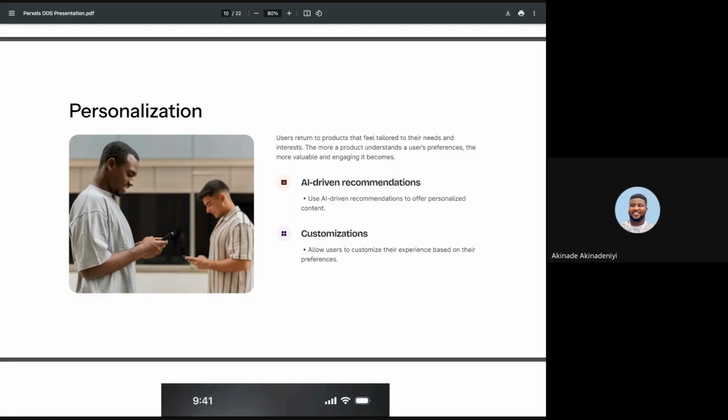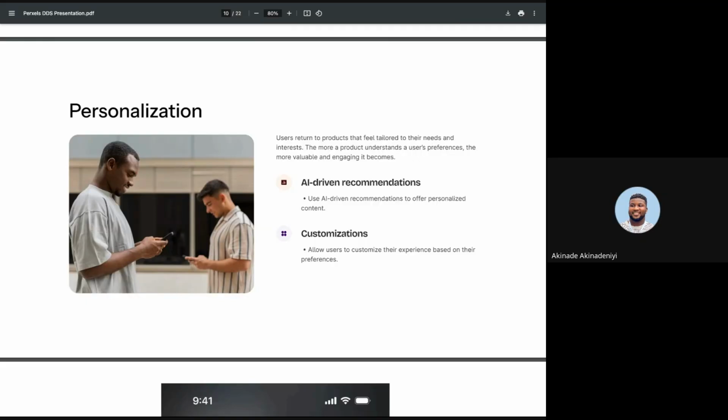Let's talk about some examples when it comes to personalization. Netflix. When you open Netflix, the home screen is not just random. Every movie, every TV show is recommended to you, based on your watch history, your ratings, your preferences. The app learns your interests over time as you use it. So if you love action movies and they notice you've been watching lots of them, you will be seeing more of them. If you are the one that likes Korean movies, that's what they will be giving to you because they want you to keep coming.